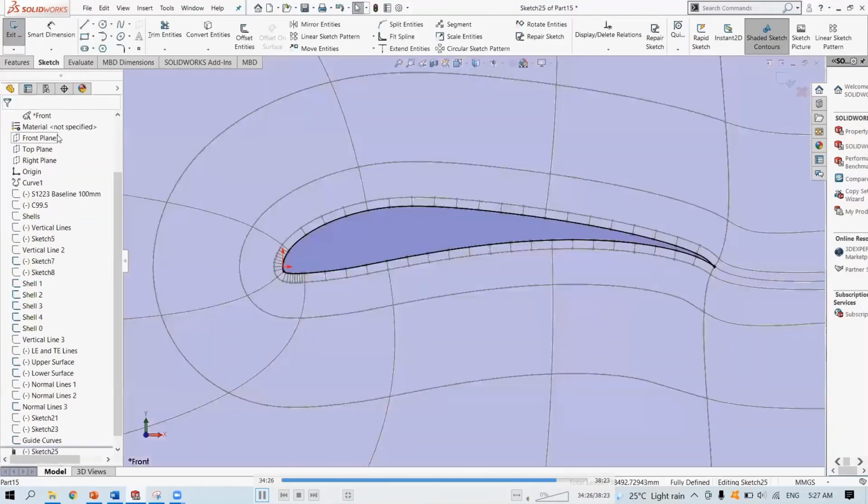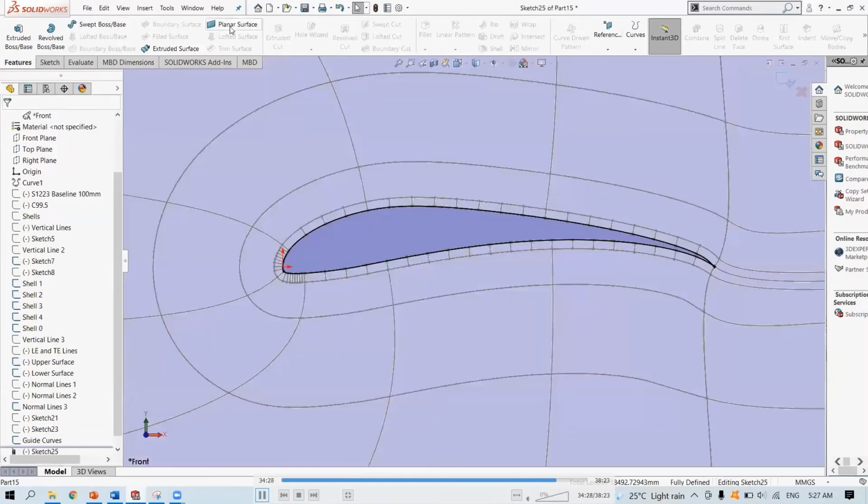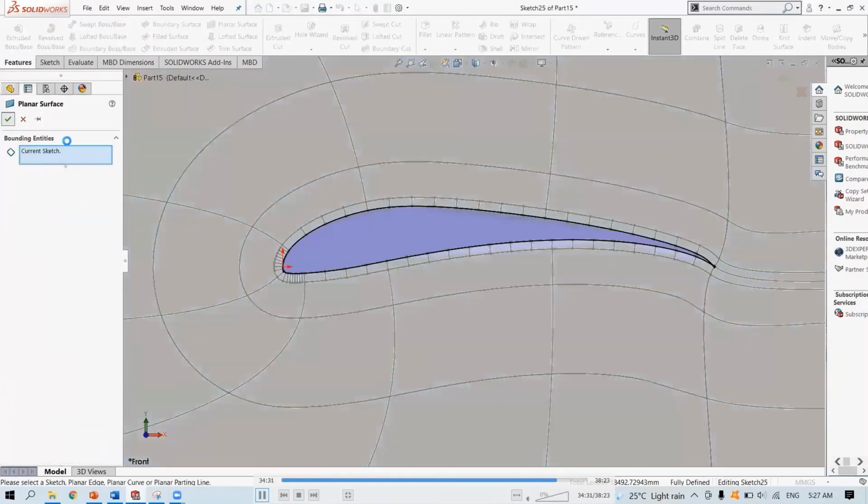Okay, so features, planar surface. Okay.